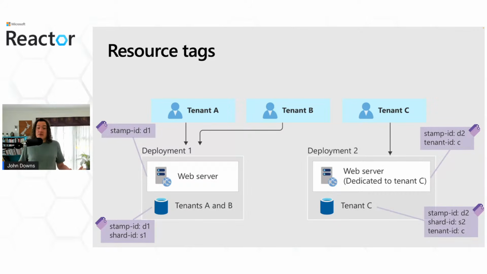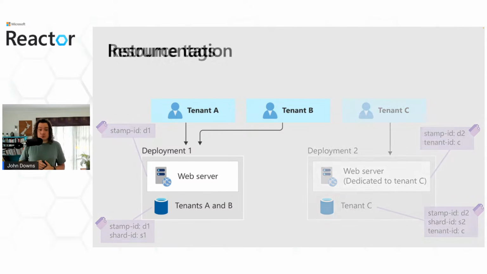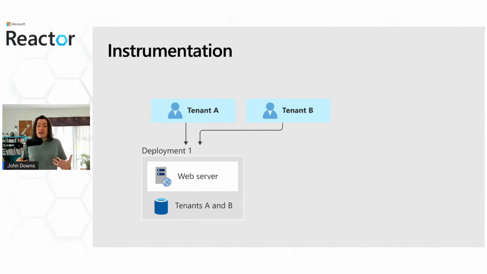Resource tagging like this works really well when you have resources that are dedicated to specific tenants, because Azure very clearly breaks down the cost for every tenant. But it's a bit more challenging when you have shared components, whether they be databases or compute services or anything else. So another way to track and allocate costs for a multi-tenant solution is to instrument your software. So for example, you can measure the number of API requests that each tenant makes, and then use an access token to identify the tenant for each request. And then you can build a billing metering system on top of that.